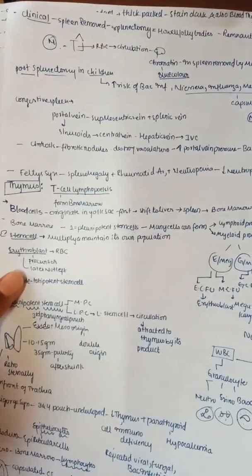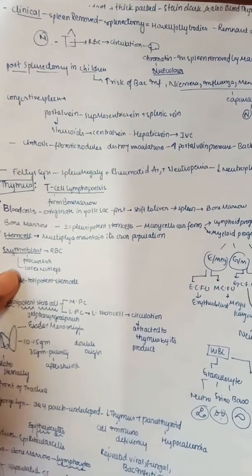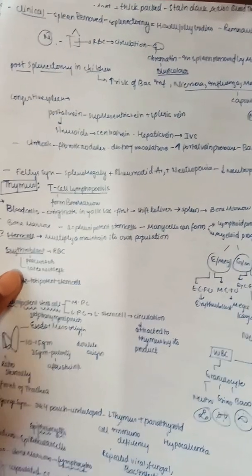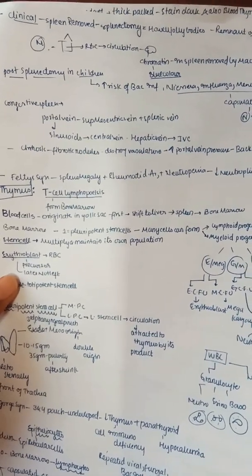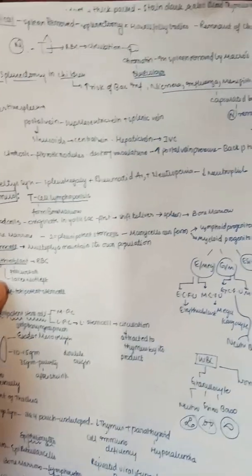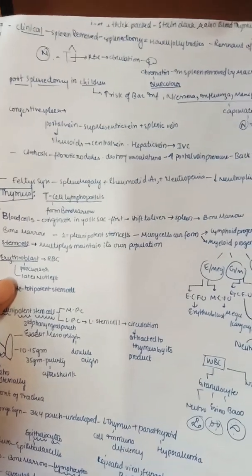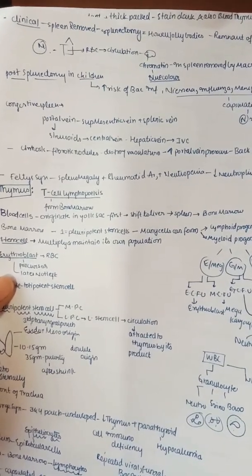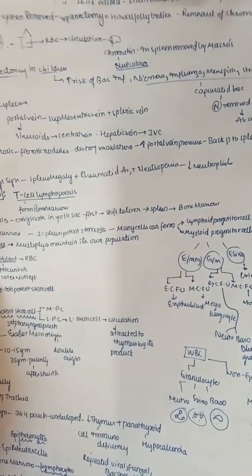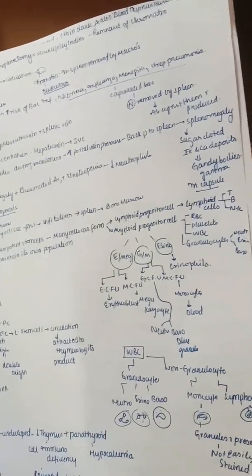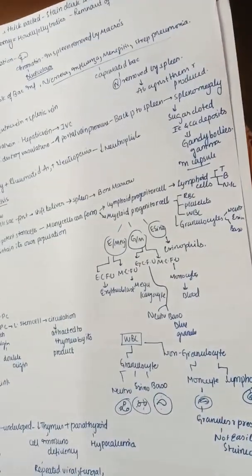Congestive spleen: the superior mesenteric vein and splenic vein together form the portal vein. The portal vein first forms the sinusoids and next forms the central vein, and next it drains into the hepatic vein, and finally reaches the IVC. In cirrhosis, fibrotic nodules are formed in the liver, so they destroy the vasculature and increase the portal vein pressure. This leads to back pressure to the spleen and an increase in the size of the spleen, that is splenomegaly.